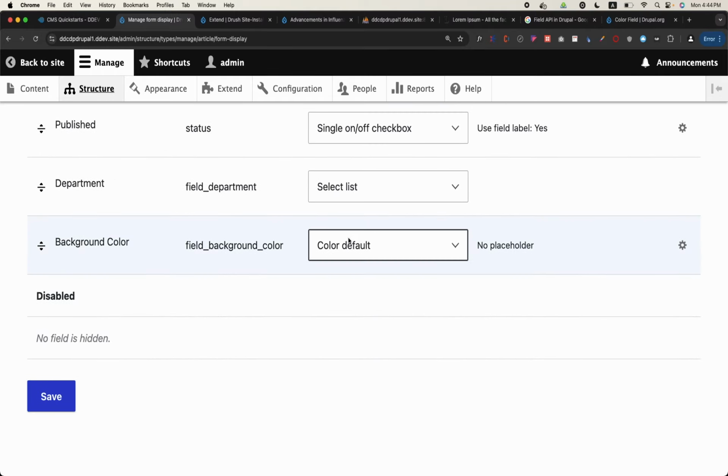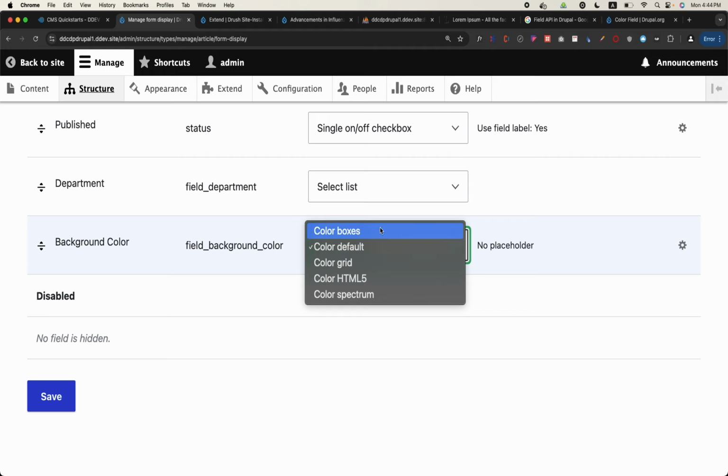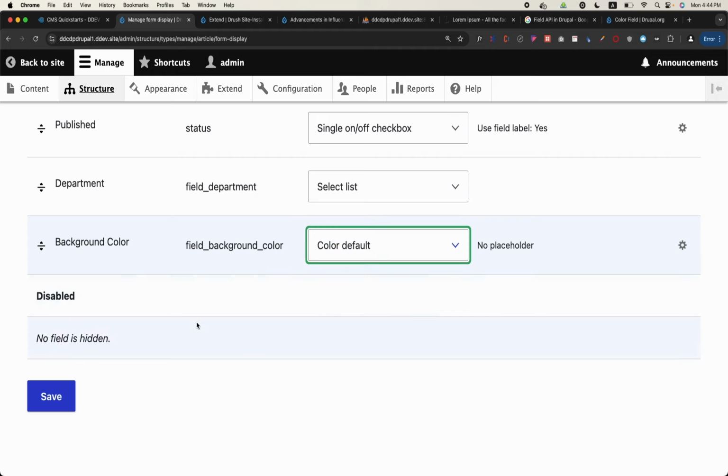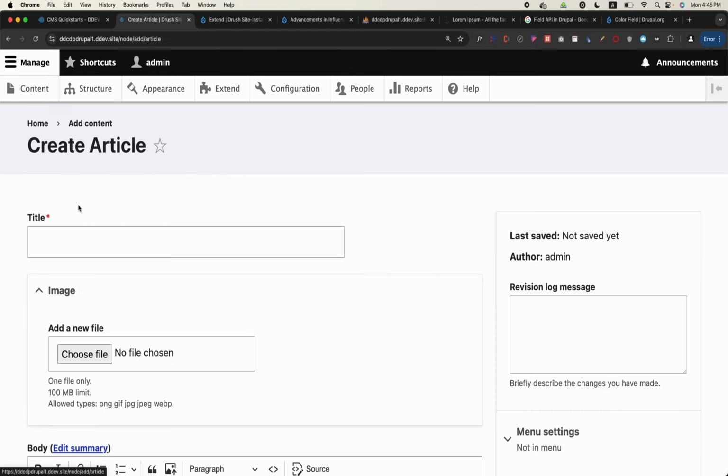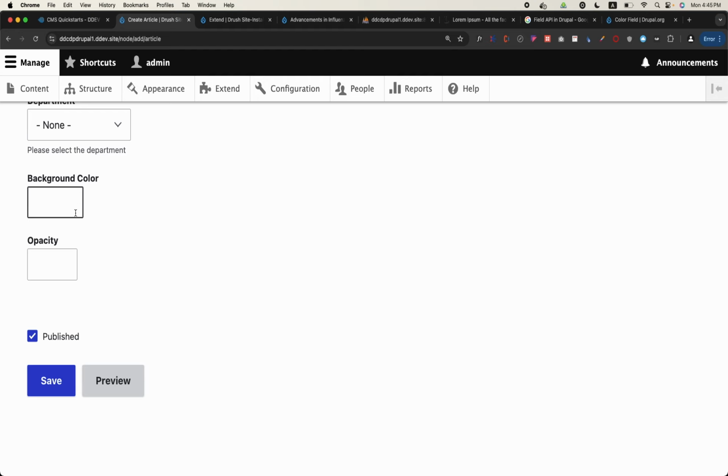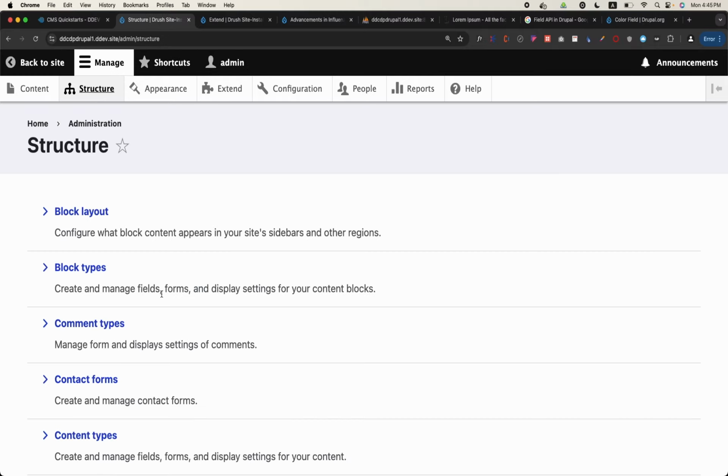So I can change any of it. For example, color default or color boxes. Let us leave it as color default for now and save. So if I come to article, it will have this background color, whatever, this is the default value, right? But if I change it now,